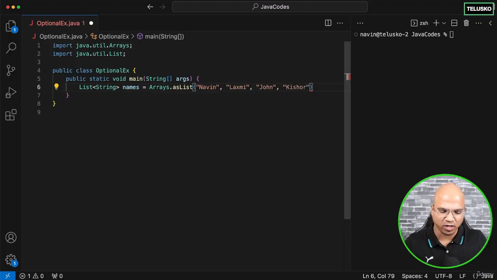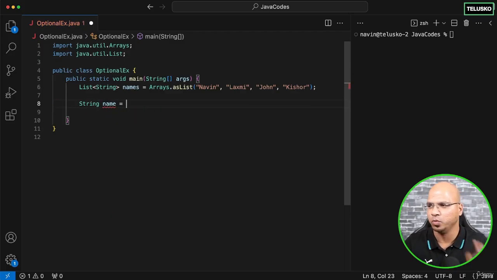Okay, so we got these four names here, and the operation I want to perform is to print the names where they have, let's say, X in their name. The way you can do that is very simple. We can use Stream API here, and what it should return is a string value. So I will say String oneName. I'm expecting only one name here, not a list of values or something. One name, where I can say